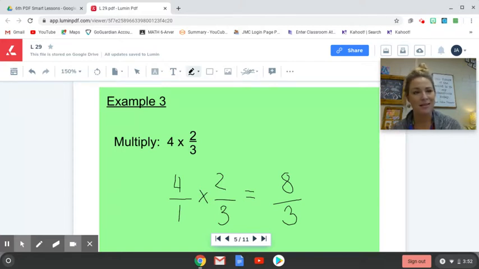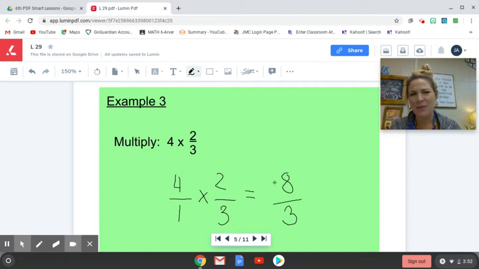And it's just not the most advanced way to leave your answer like that. Maybe in the beginning, as you begin your fraction work, it's okay to leave your answer like that, but we're beyond that. I want you to write it in a more advanced way. So the way we do that, anytime you are left with an improper fraction, is to convert that into a mixed number. And to do that, we're going to think about it like this: 8 divided by 3,